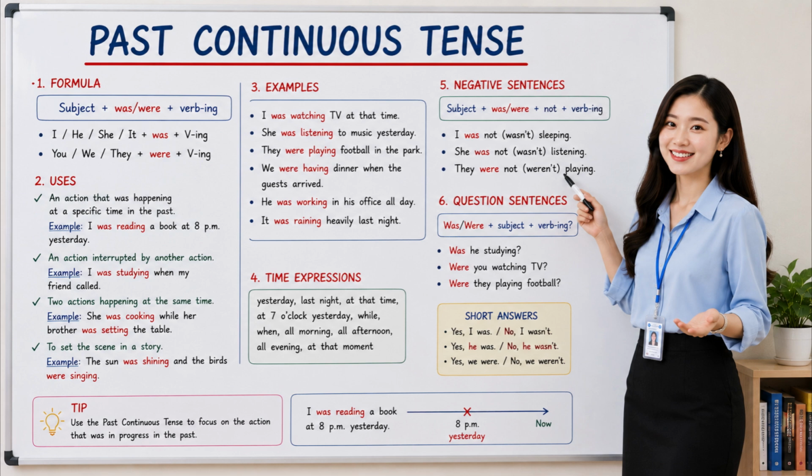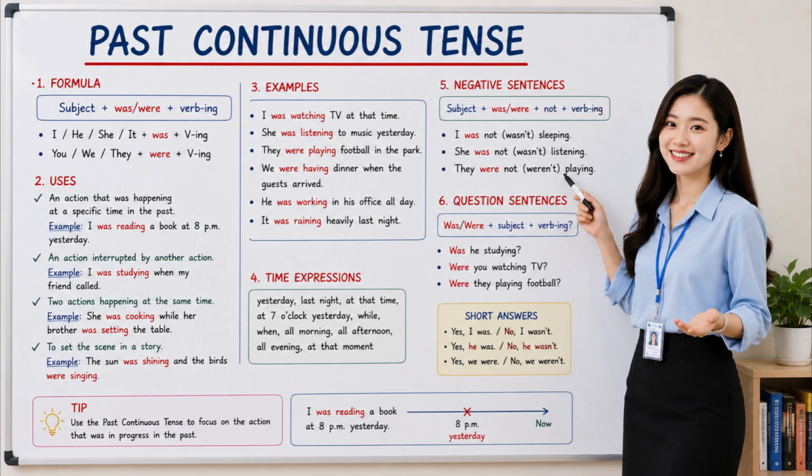The past continuous tense is formed using was or were plus verb-ing. For example, I was studying English, she was reading a book, and they were playing football. Notice that the verb ends in -ing because the action was ongoing or in progress at a particular moment in